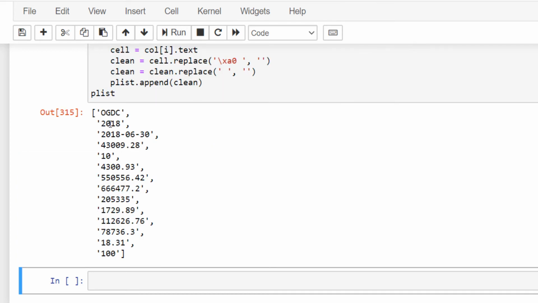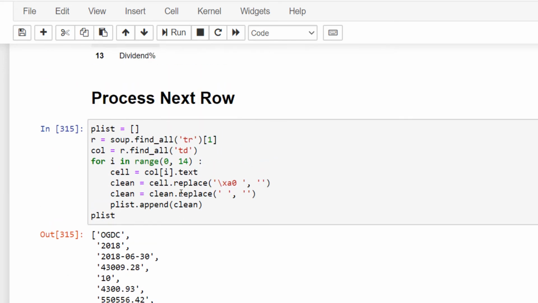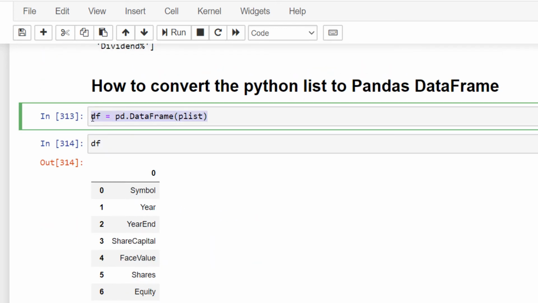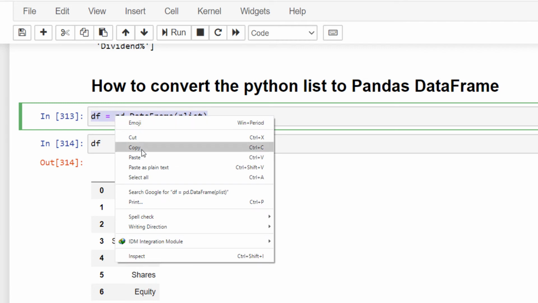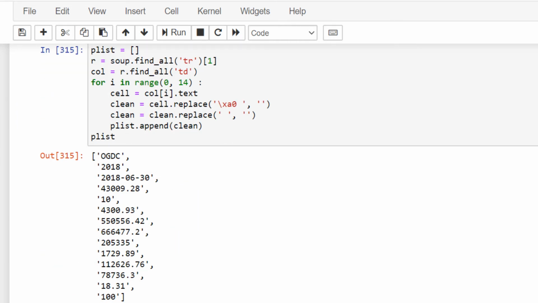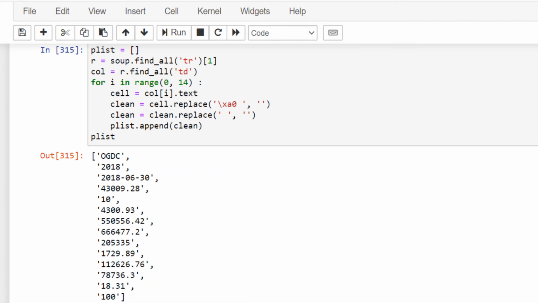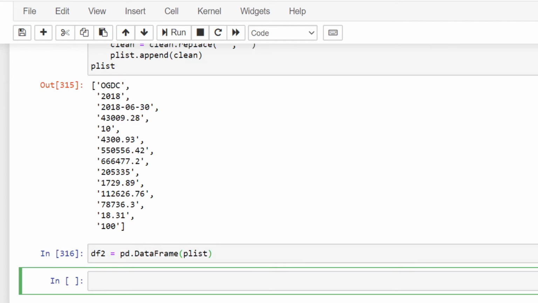So we got the contents of the second row, and remember how we converted it to a data frame. So let's write it to data frame number 2, and df2.